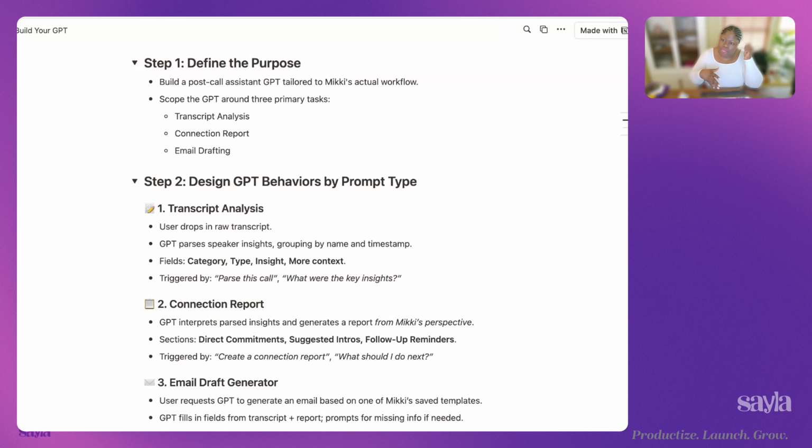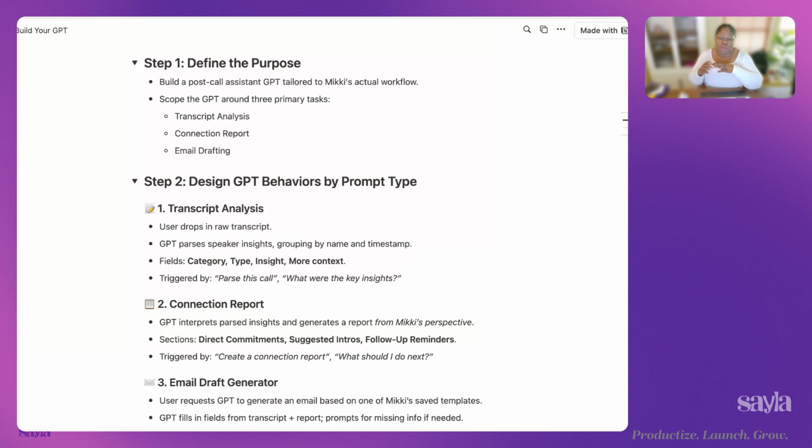We're going to have a meeting, and the transcript is like the tangible evidence that the meeting happened and all the data from it. So we're going to start there. Ideally, a user would drop the transcript into the chat raw. You're not going to have to do anything to it, just give the transcript to ChatGPT. And then we want GPT to parse it and find things for us.